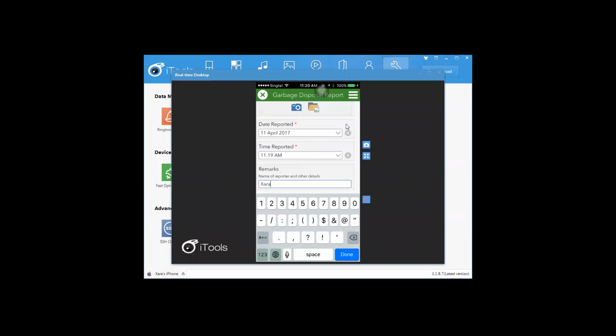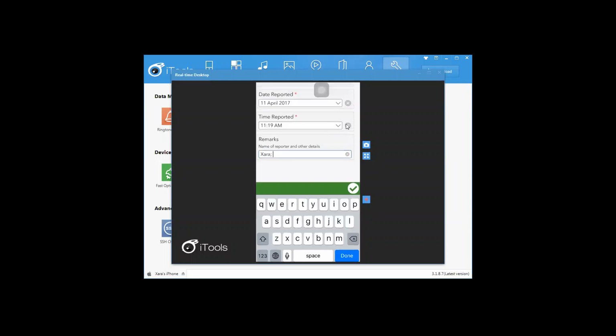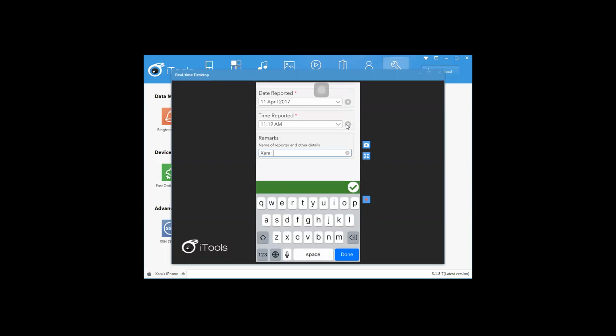So I can just type in my name as well as additional information. I have keyed in bulky item disposed. I can type in table disposed in bin near Ubi Avenue 4.